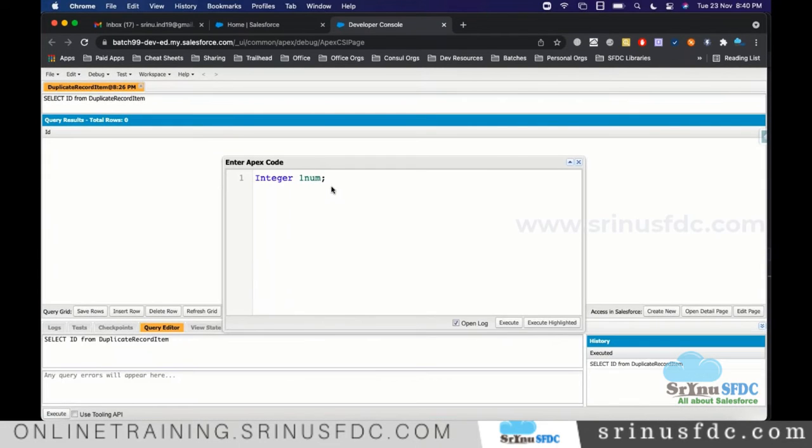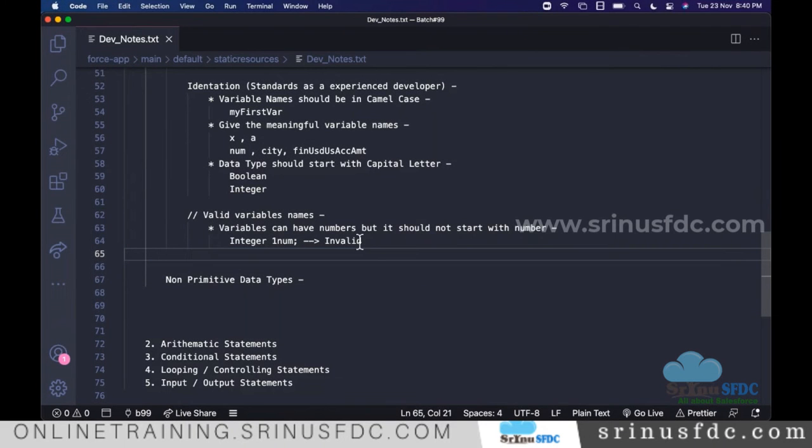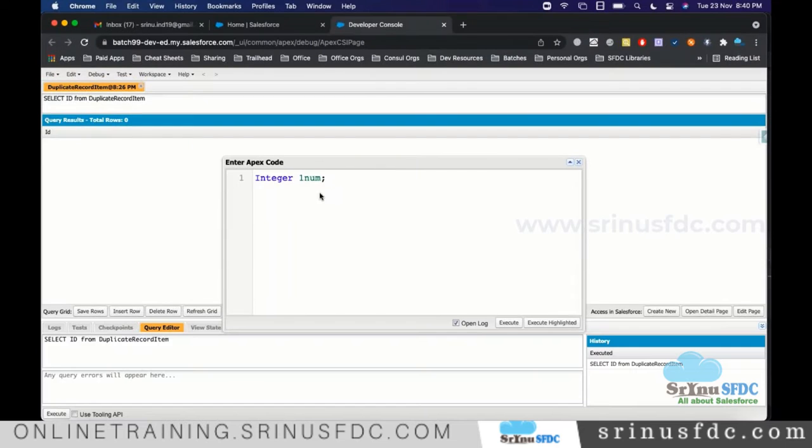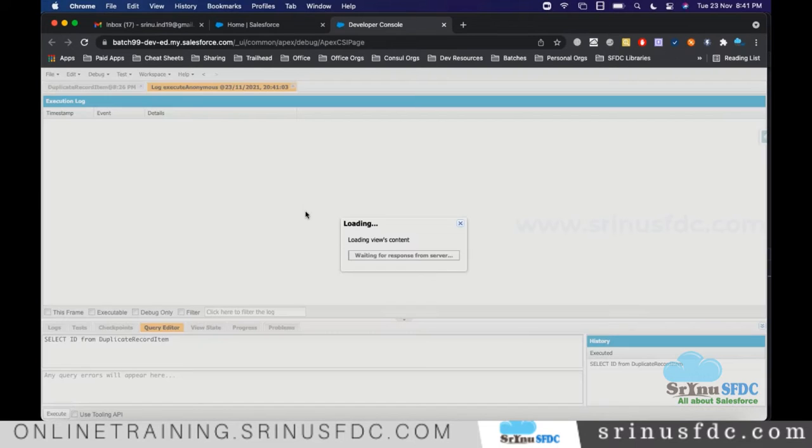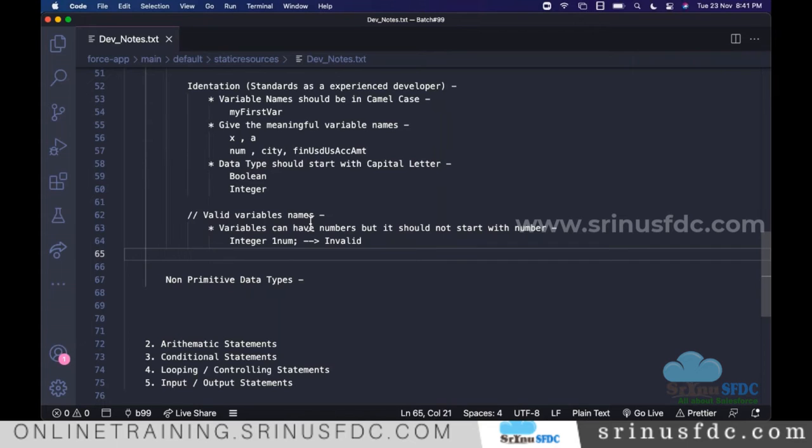Unexpected token 1. It's not allowing execution because there is a syntax problem. But if you give it like this, it is correct. This is just to validate whether the syntax is correct or not. So Integer number1, this is valid.